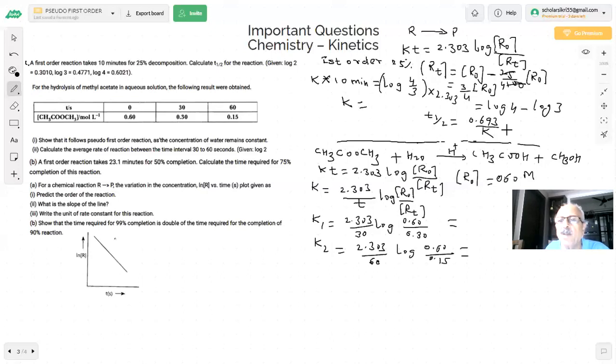Now you find these two values first. Then I will talk with you. How much are the values coming, students? So here we have two values. We have tried to find the k1 and k2 values and want to see how much the values are coming. So what values are coming and what do they prove?